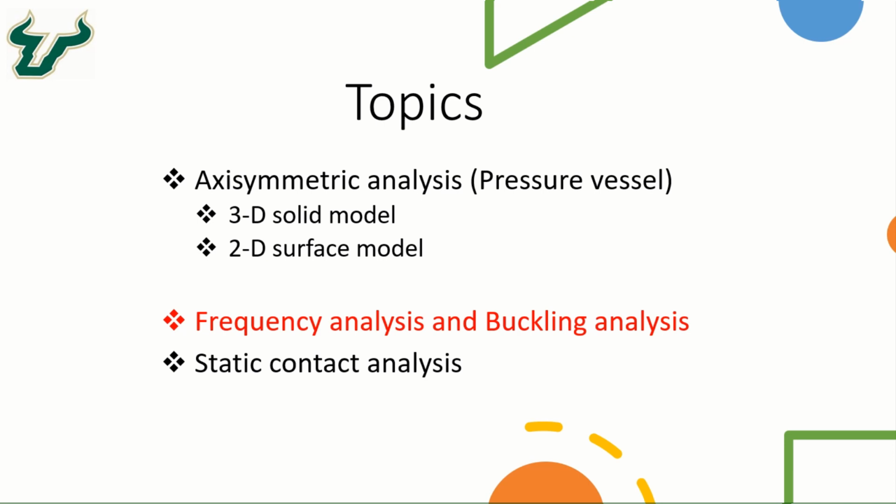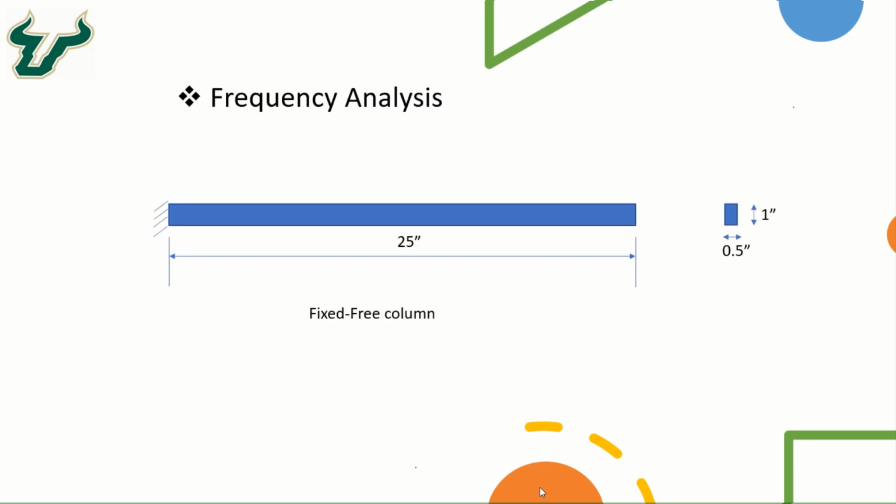The buckling of a long slender bar in axial compression is a very common example that is found in practical applications. So we're going to take a look at the example of a fixed free column and verify the answers with the Euler's column formula. Okay, so let's go ahead straight away and first do some theoretical calculations for the frequency analysis, and then we will take a look at how to set this problem up in